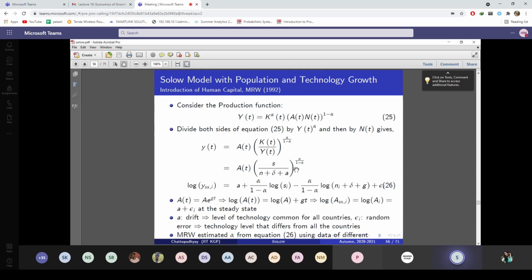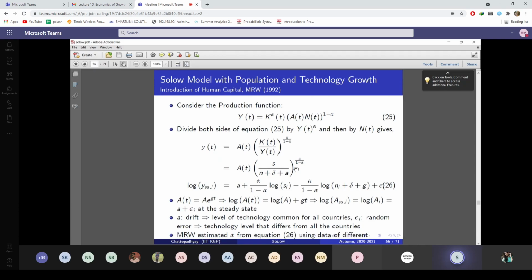Again, if you take logarithm on both sides and differentiate with respect to time, you will get capital Y dot by capital Y, the rate of growth of physical output, equals the rate of growth of technology A dot by A plus the rate of growth of population N dot by N along the balanced growth path or in the long run. This is exactly what we obtained by solving the entire Solow model. So this is basically a shortcut: if somebody gives you the production function and asks you, without solving the Solow model, to tell the long run growth rate of this model, this is the way you should do it.